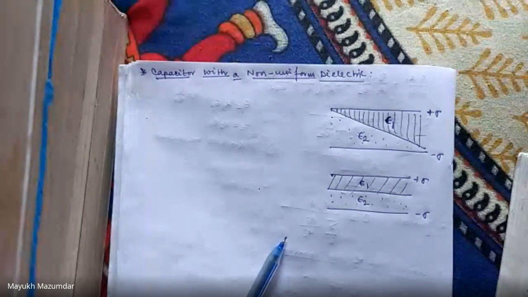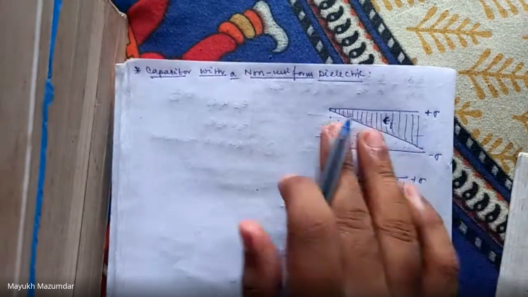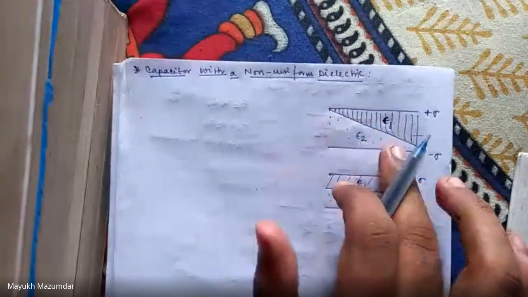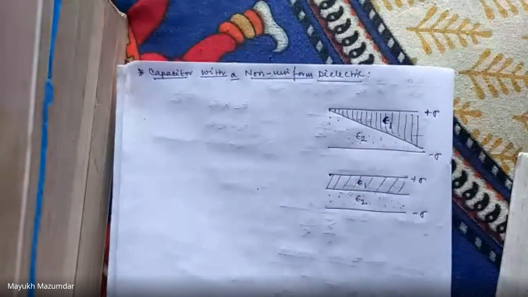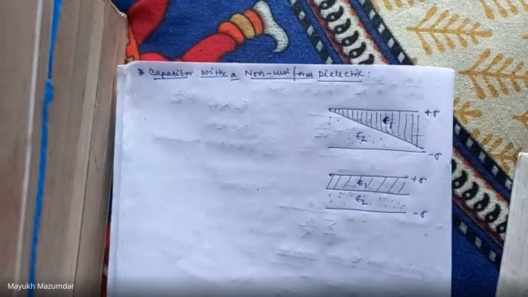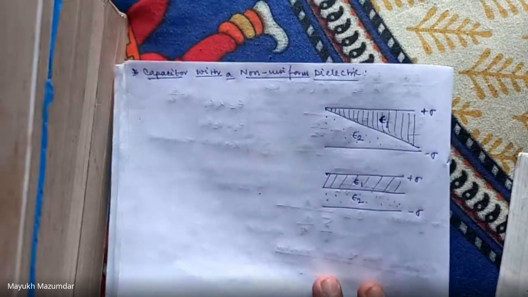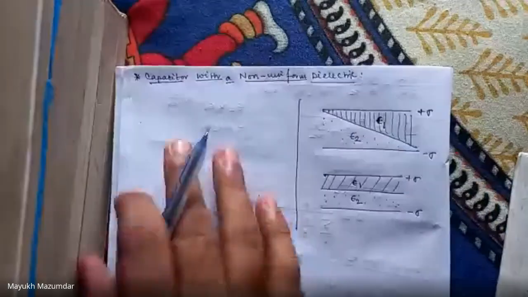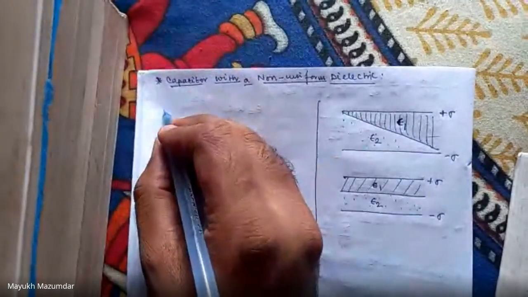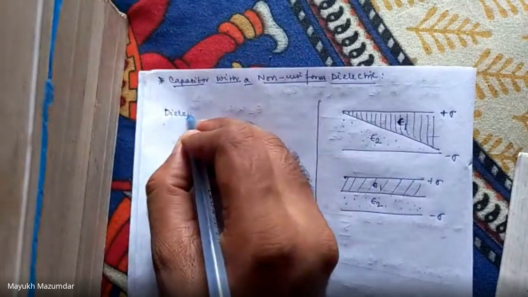You may think that this part is air, and the remaining portion that has been kept, its dielectric constant changes with distance. This is also one situation, but here we'll study a case when the dielectric constant